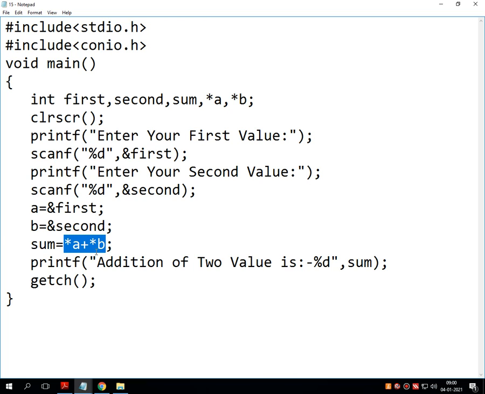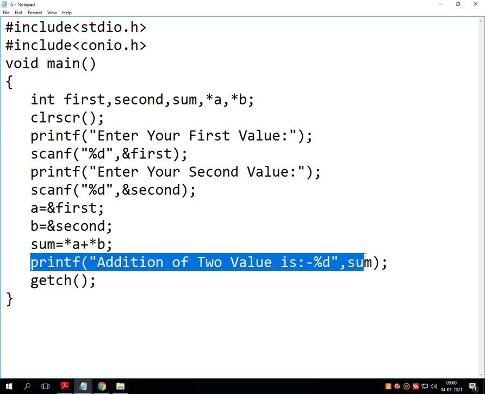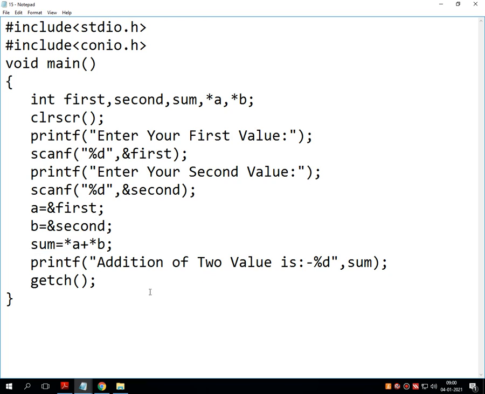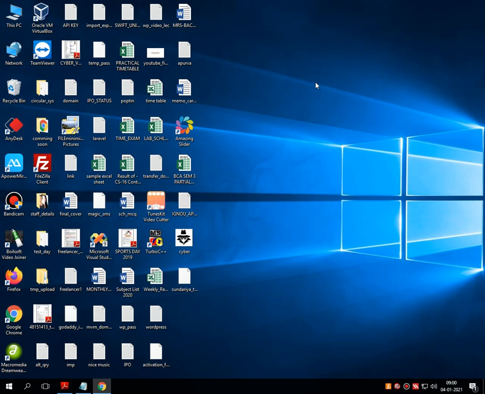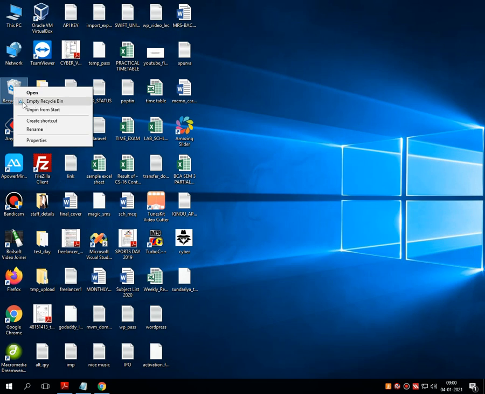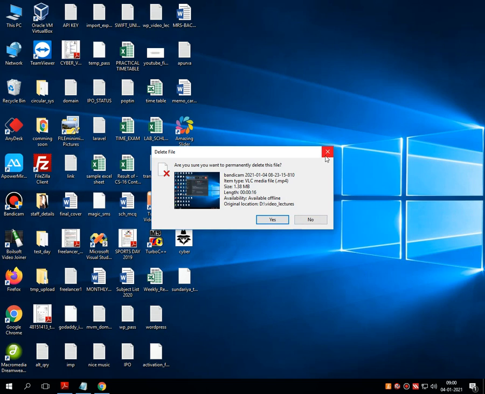Then sum adds all these two pointers, and then it will be printed using this label onto the screen, that is addition of two value is %d, sum. It returns the addition of two numbers. So in this way we can have a use of pointer into the